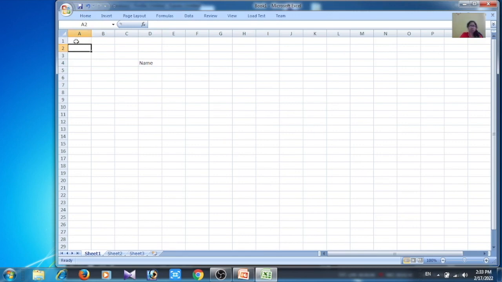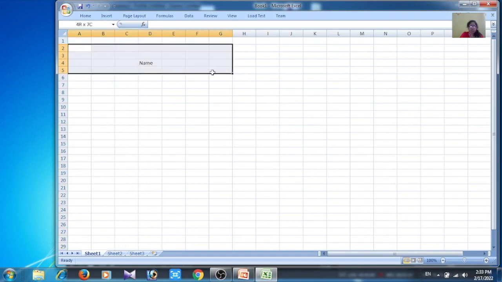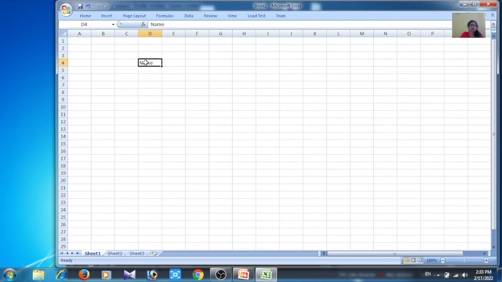So row runs horizontally, whereas column runs vertically. So these are the columns vertically and these are the rows, this is horizontally. So how has it been named? D4 means the column name is D and the row number is 4. So the name of the cell is D4. So you should know about cell referencing, because without knowing the cell reference you can't perform any task in